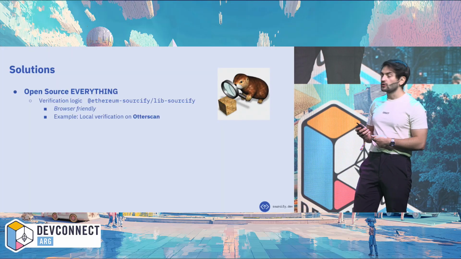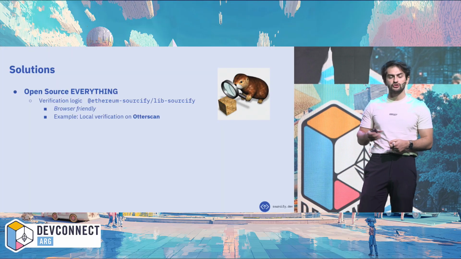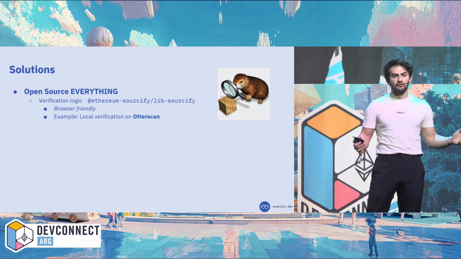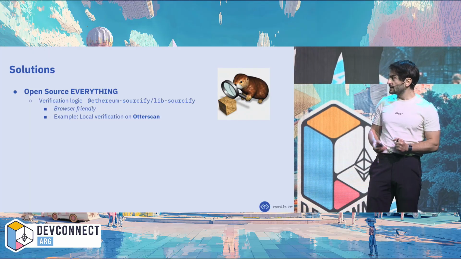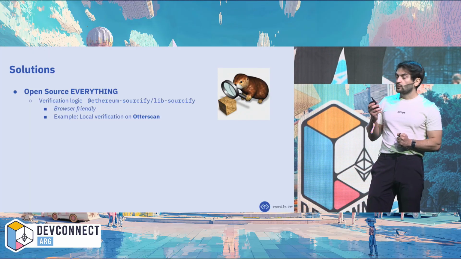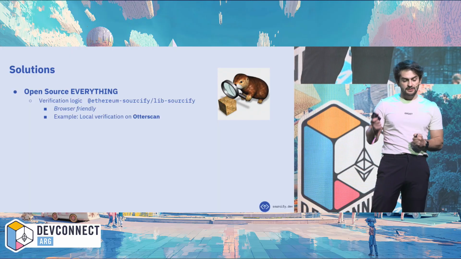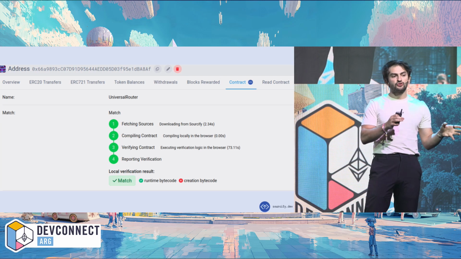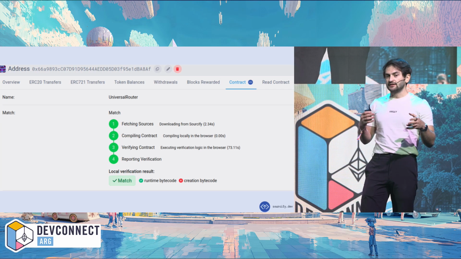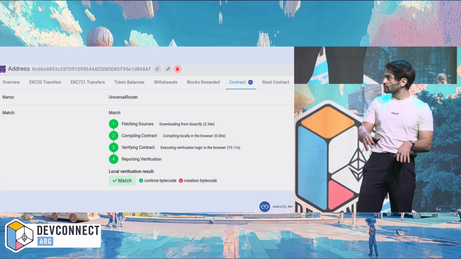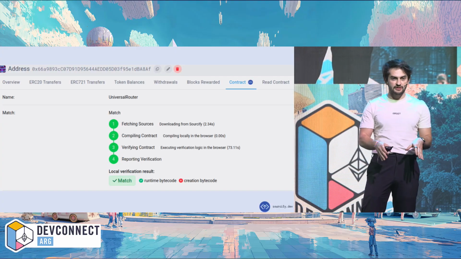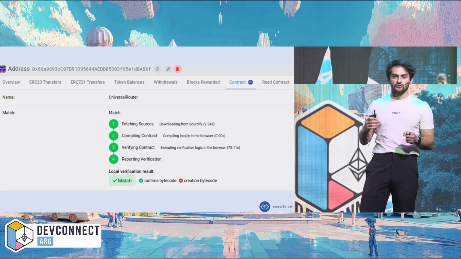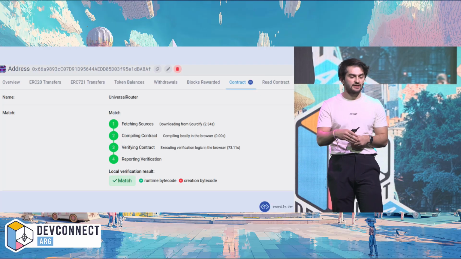AutoScan is a local-first block explorer. It runs on Erigon, so you run an Erigon archive node, and you spin up an AutoScan instance very easily, and you have a local explorer that you can use easily. And it's, as I said, local first. But what you can do with AutoScan and Sourcify is you can fetch the sources from Sourcify. AutoScan already uses Sourcify to show the code. But in addition, you can fetch the sources in the browser, compile the contract in the browser, then do the verification once again on your own machine in the browser. So this allows you to make sure that the verification actually works without even trusting Sourcify servers.